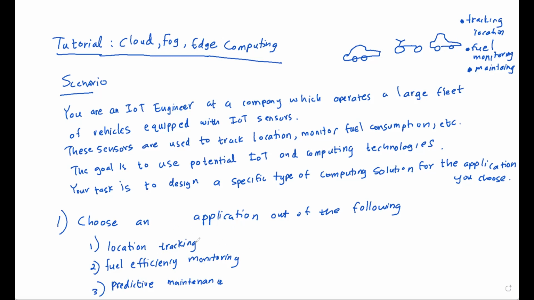Either you can track the location of the vehicles. Either you can predict the maintenance that is required for the vehicle. Okay, so if you have any questions regarding that, let me know. Okay. So I mean predictive maintenance, if you want further idea. So basically